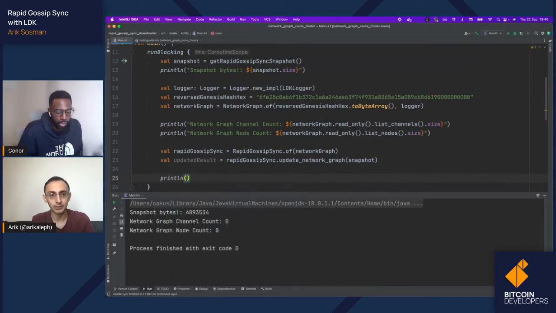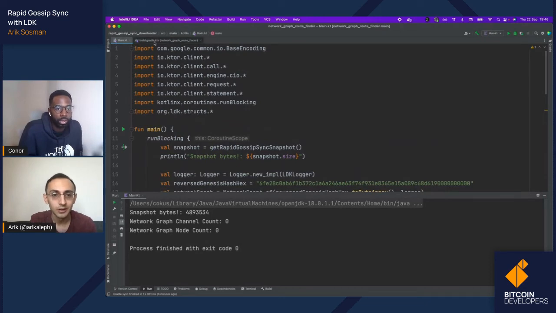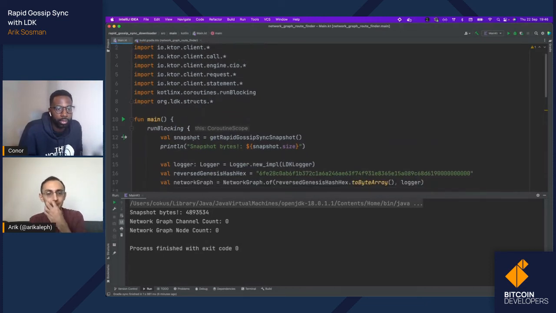Oh wait, no. Press undo. Command Z. And enter print line again. I think now you got the right one, because previously I think you selected one that was different and it may have imported some stuff. So let's verify that it didn't import something weird. I think we're good this time. Okay, good.